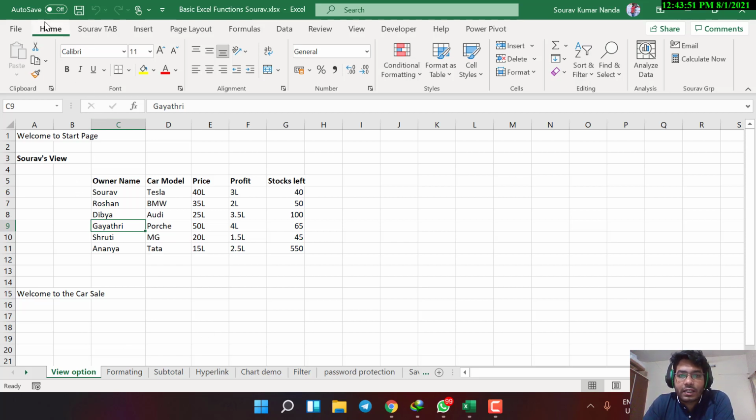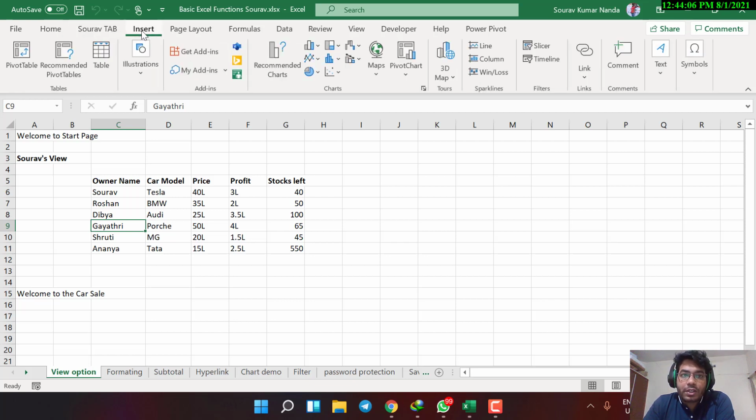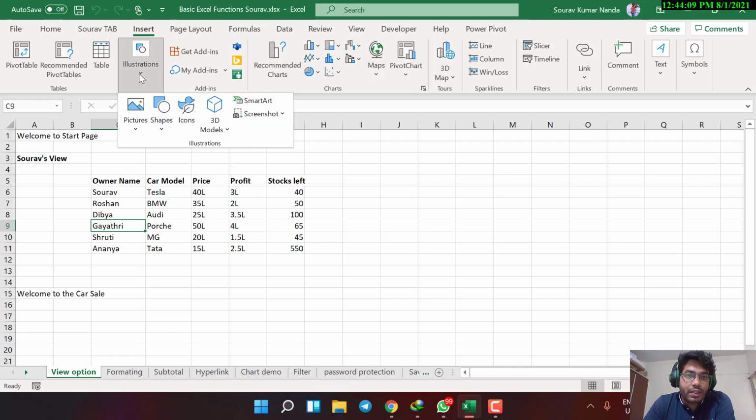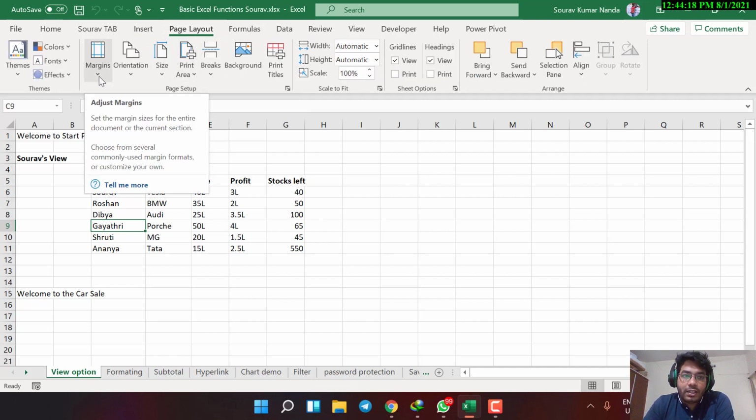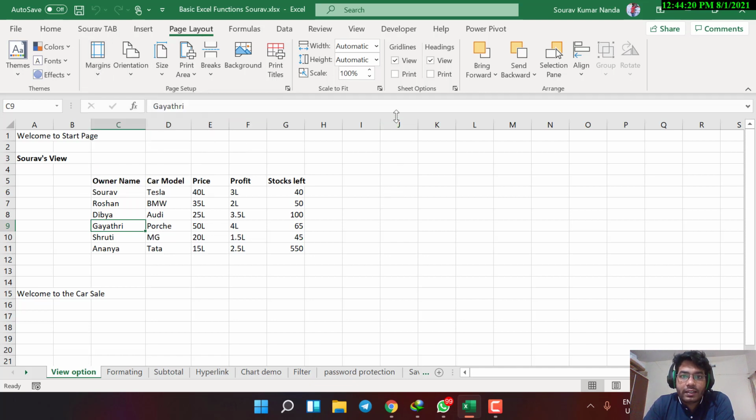Before that, I'll give you a short brief about all these tabs in Excel and what they do. The Home tab is the main tab where all the basic functions, fonts, alignment, number, everything is here. This is a custom tab that I added. Then in the Insert option, all these graphs, shapes, icons, pictures, pivot table, all will be here. Page Layout is how exactly you'll be printing and how the margins will be. These grid lines, you can see all these by default grid lines here.